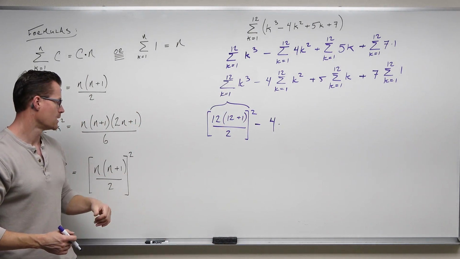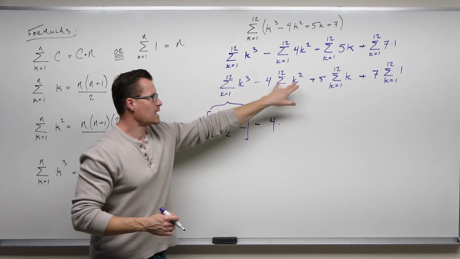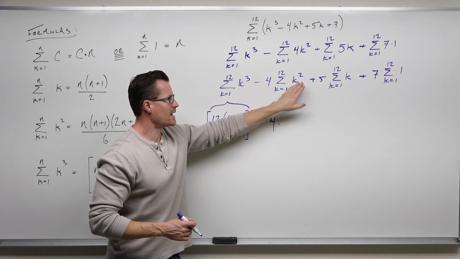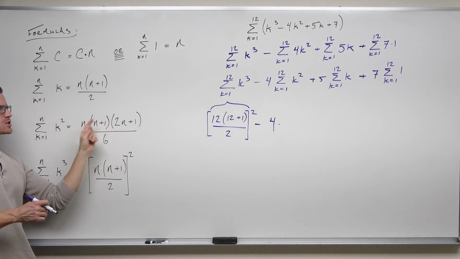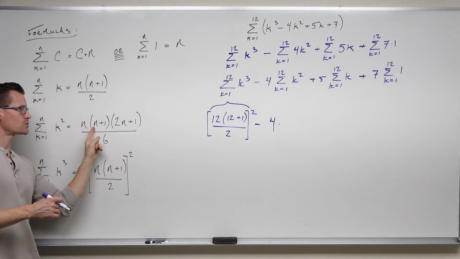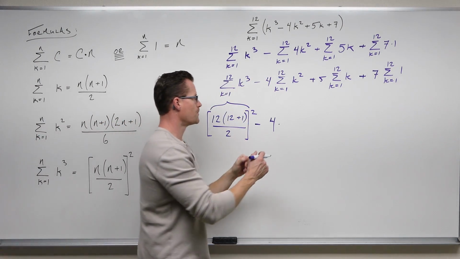but 4 gets multiplied because that is the factor you factored out. Now, because this is based on our k squared, it says find your ending value, your n. Here's our k squared. Here's our formula for k squared. Just plug in your n. 12, 12, and 12. Our n is 12.